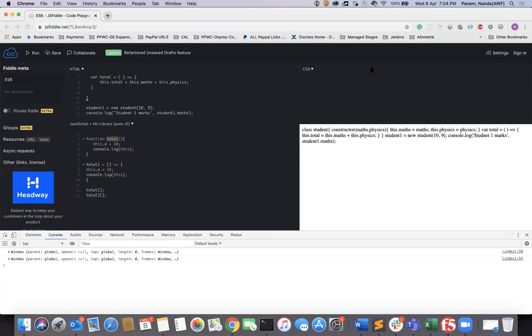A JavaScript engine has a couple of stacks and queues and everything. Whenever you write a program, it executes step by step and gives you the output.